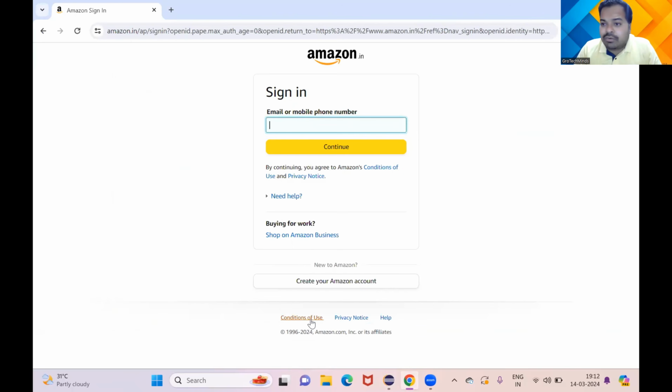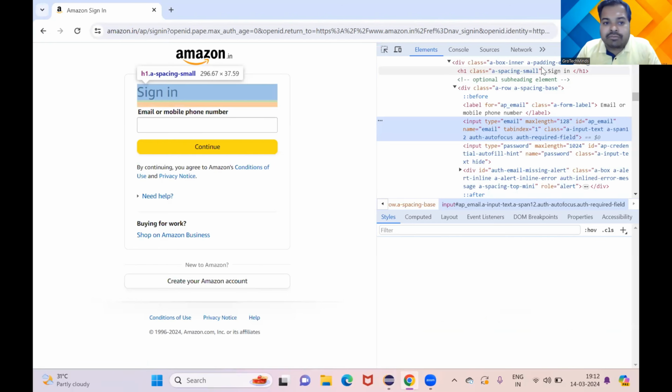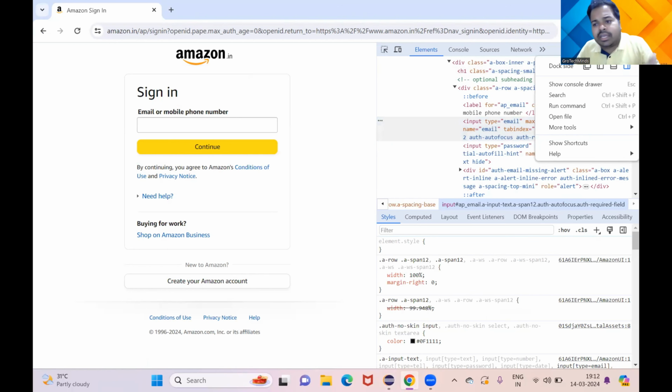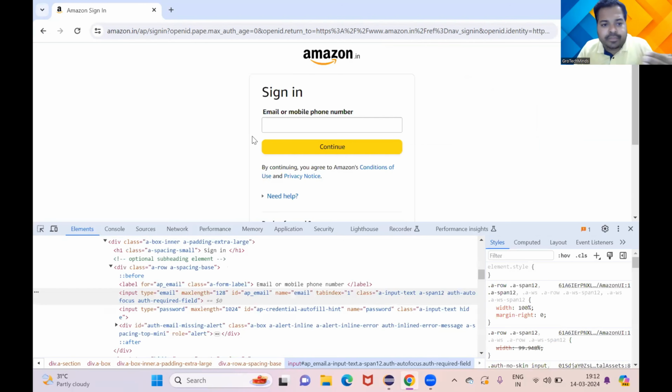In order to do that, you need to inspect it. After inspecting it, you can again see my HTML code is coming on the right-hand side. If I want to continue here, I can do it, but I like things here. So I will again try to inspect it. After inspecting it, you guys can see